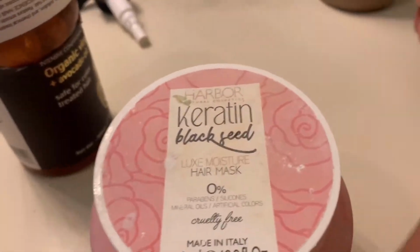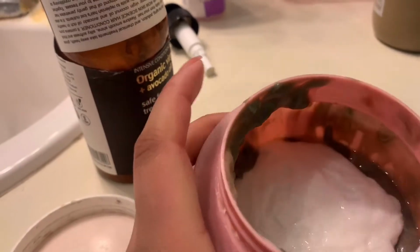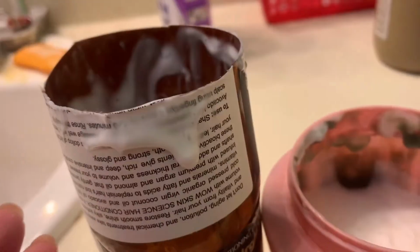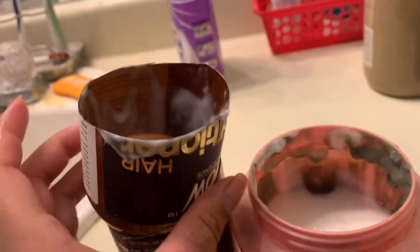Now this pink one has my conditioner that I will use to detangle my hair, and of course the products from Rouse, so I need to go back there again to get more. So this already has some conditioner in it, as well as the Wow conditioner you see in the left corner, and I want to get all of that conditioner from this brown bottle out. So I've cut it in half, and now I'm just using my index finger to scrape all the conditioner off and apply it to